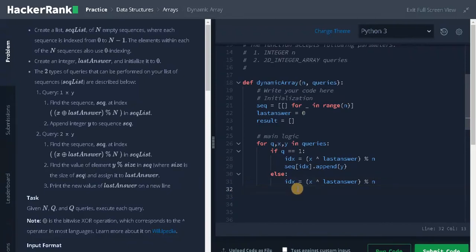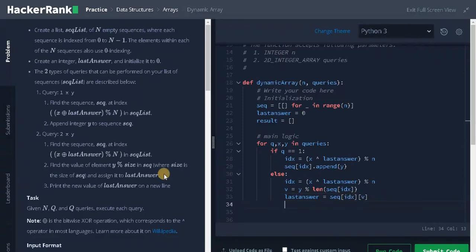That will be v equals y modulus length of seq of index. So that is the size of the particular sequence. Now we have to assign the value to the last answer. Last answer equals seq of index of v. This is like a 2D array. The index represents the particular sequence and the v represents the element from that sequence.